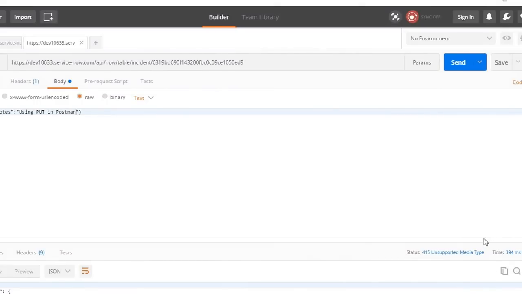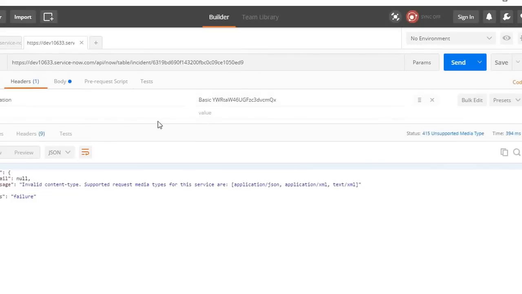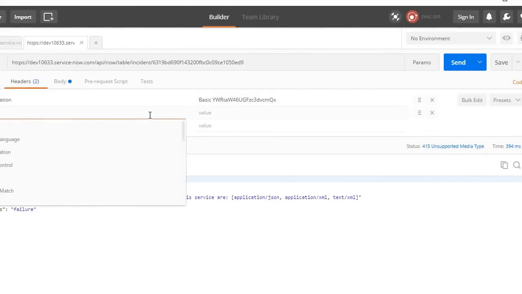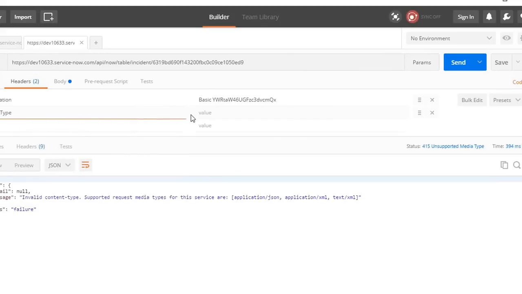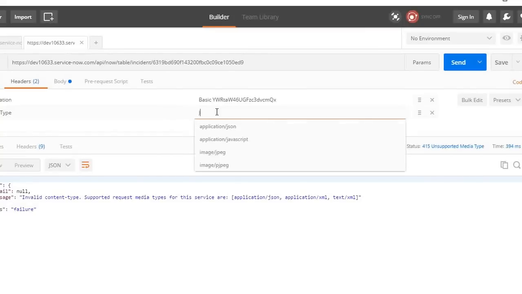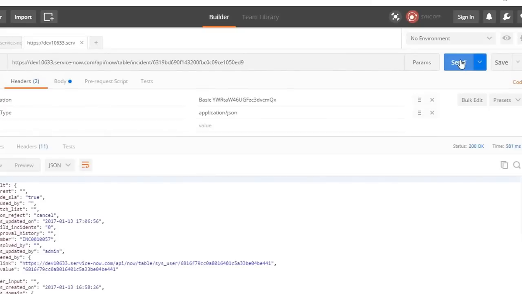We got some error. Content type equal to JSON. Yes, it's updated.